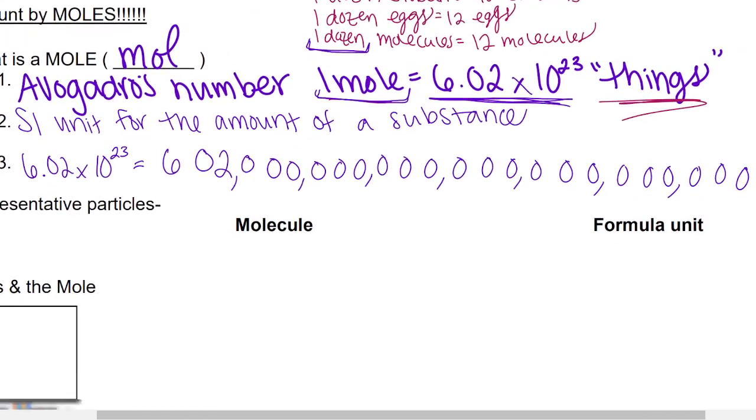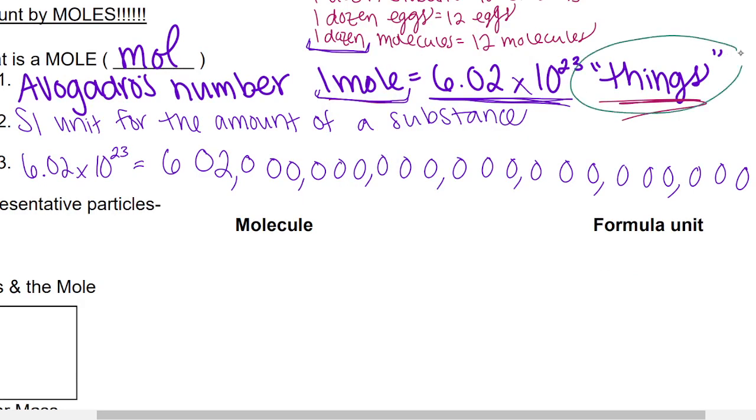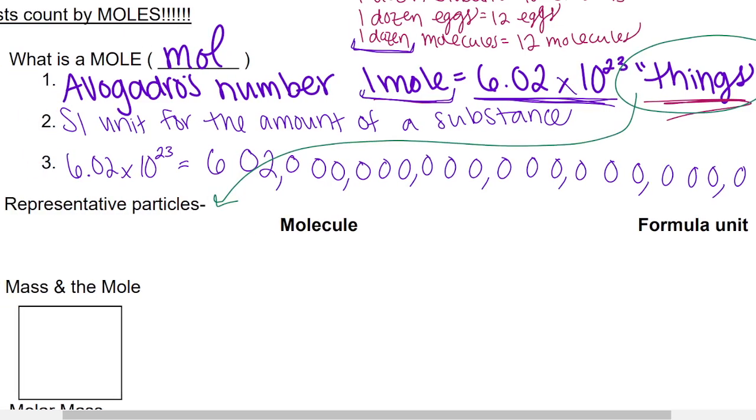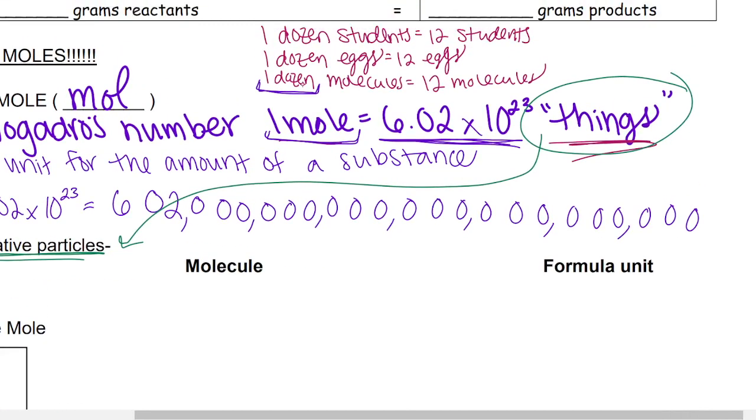So when I say that 1 mole is equivalent to this many things, typically, instead of things, we're going to use what we call representative particles. These are the things that we're usually counting in this mole quantity. And while we could count, again, similar if we relate this to a dozen,